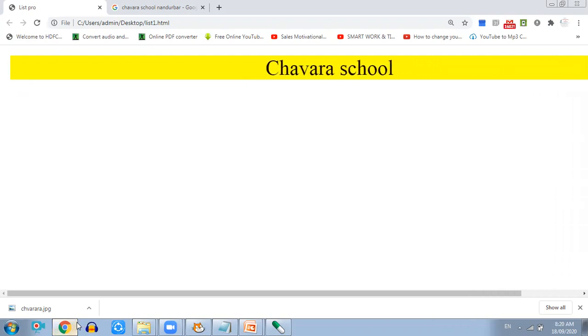Next, behavior you can also change. Now it's scrolling, so if you want to change its behavior, there is scroll, slide or alternate. Now it is moving to one side only, but if you want it to go to the end of the screen and come back, how can we do that?